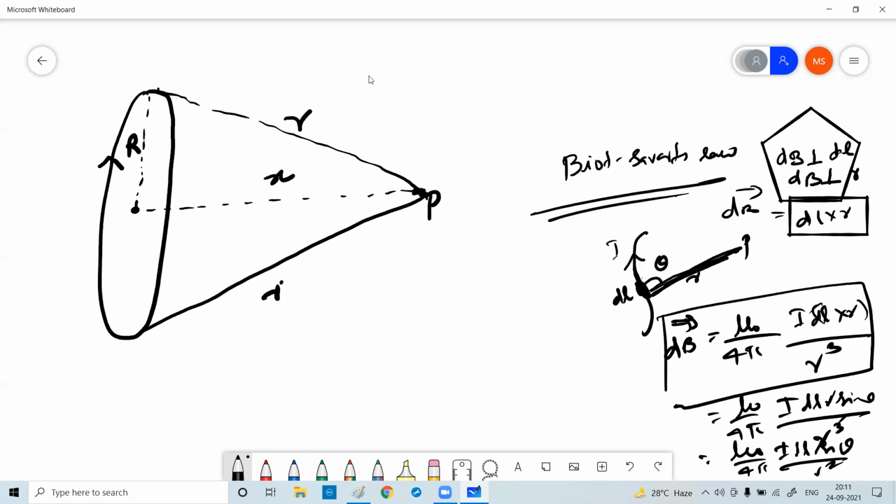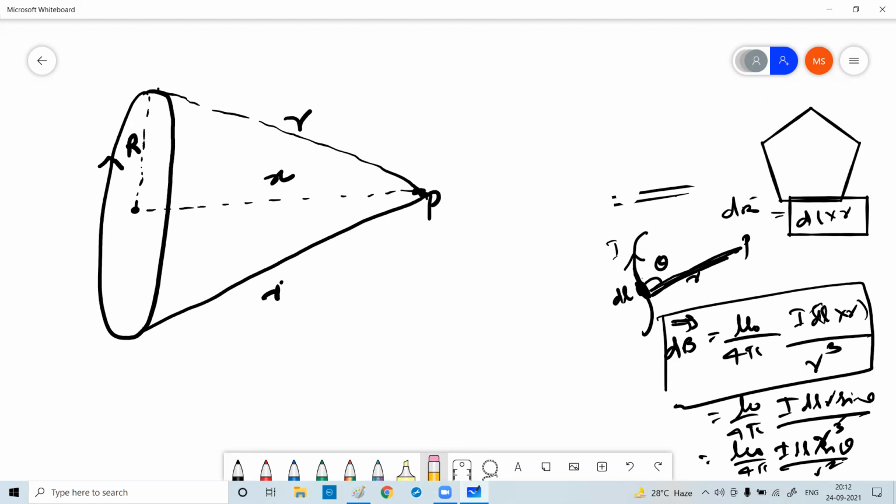Yes? Swaroop, Harsh, why are you not answering? We all studied all this? Yes? So now we will apply the same law in this current carrying loop and find out. Clear? Let me rub this. I don't want to rub. You want to rub? You can rub. You want to write down.